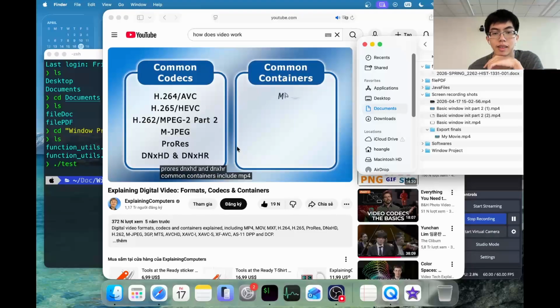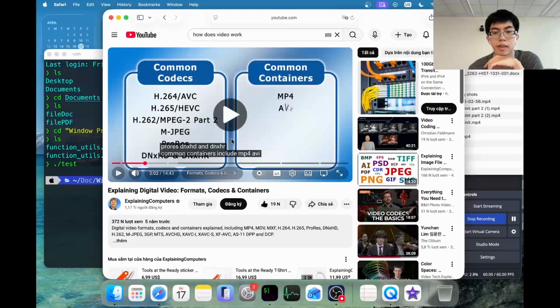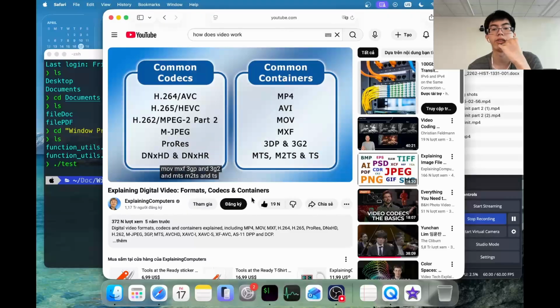Common containers include MP4, AVI, MOV, MXF, 3GP and 3G2, and MTS, M2TS and